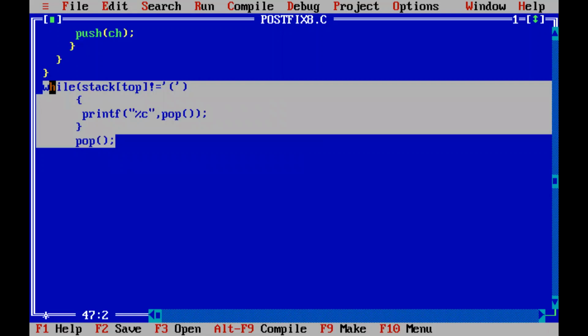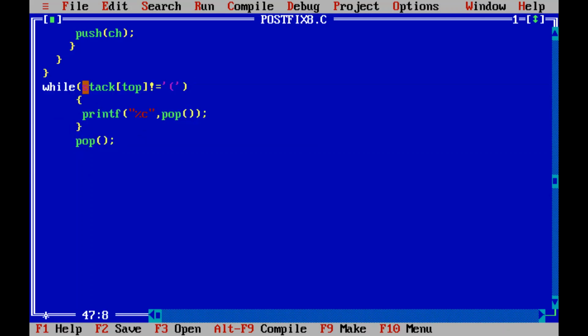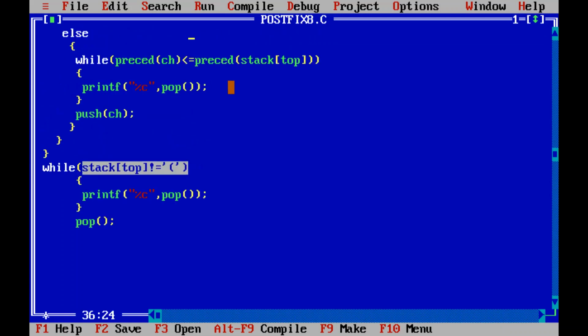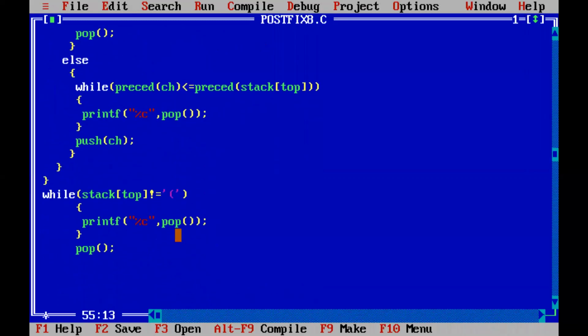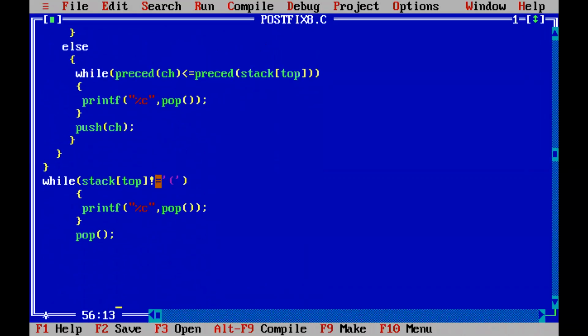Listen here, after coming out of the for loop, we will again check until the stack top is equal to the left parenthesis, because we had pushed one left parenthesis over here. Remember, after accepting the expression, we pushed a left parenthesis onto the stack. So just to check if there is any operator on top of that, until the left parenthesis we will be popping out and printing all the operators on top of the stack.